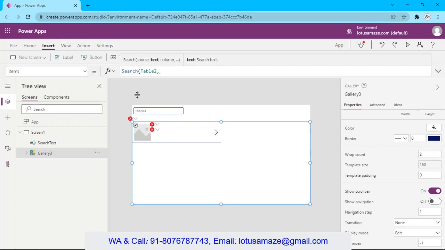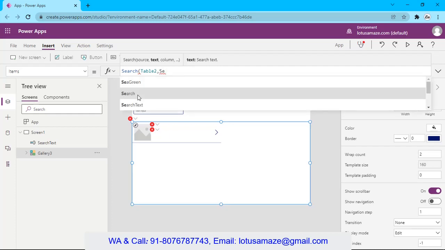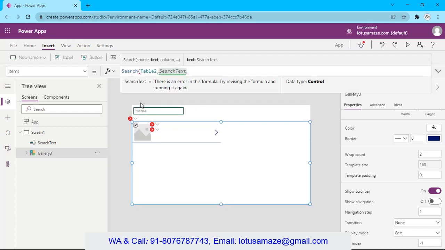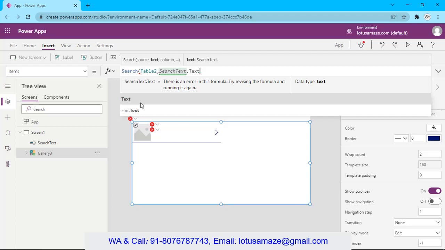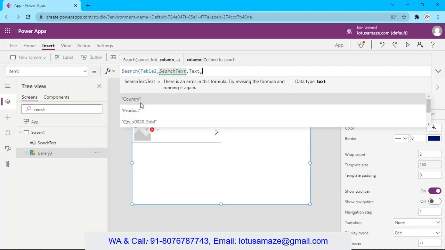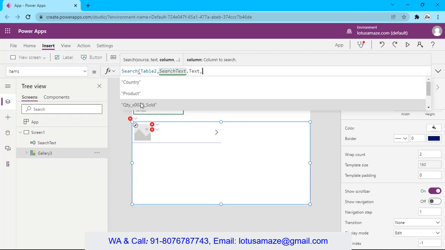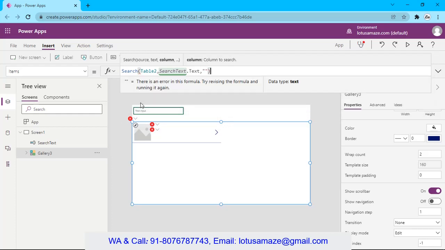We will make it dynamic, taking the data from what the user types in the text box, searchtext.text. Once you start typing the value in the search box, the data is automatically updated in the gallery. Then comma. In which column do you want to search? Say we take product.